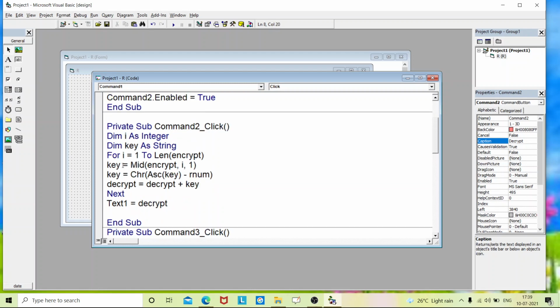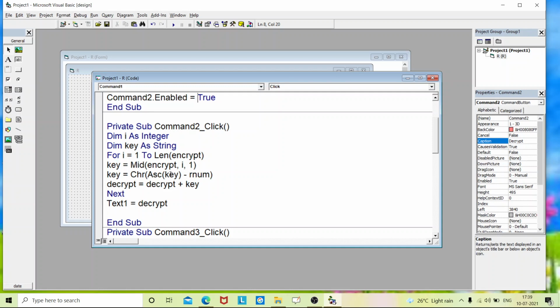So we are just starting a loop over the entire text, and in the key we are just extracting a single character. In CHR, ASC means ASC returns the number of a character. So here suppose I stored S, it will return the ASCII value of this character, and suppose it is 75. 75 minus my random value, which is 10, so now it is 65.